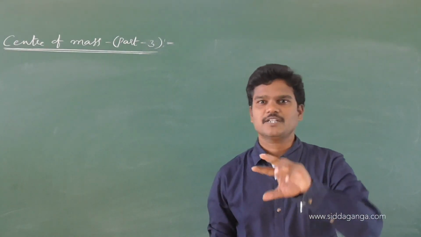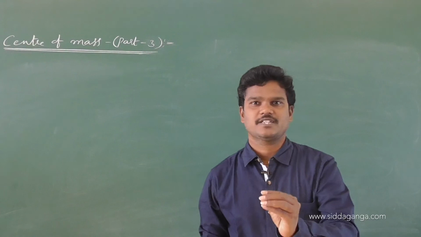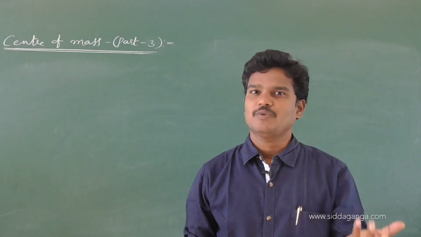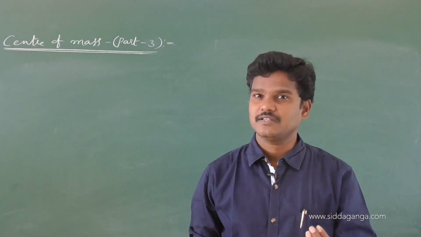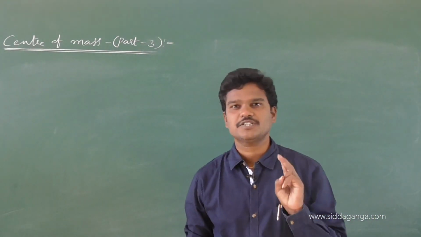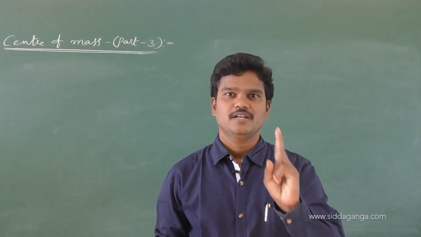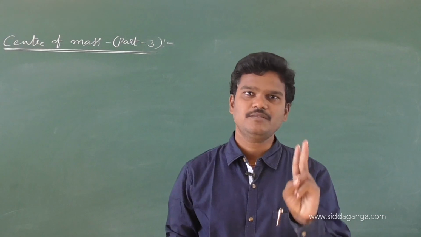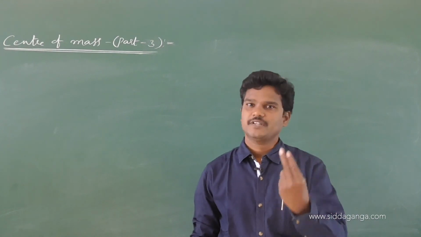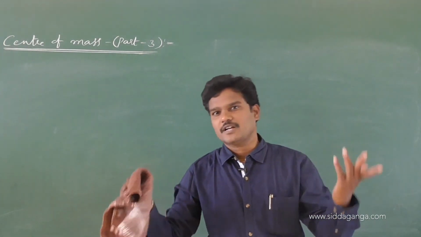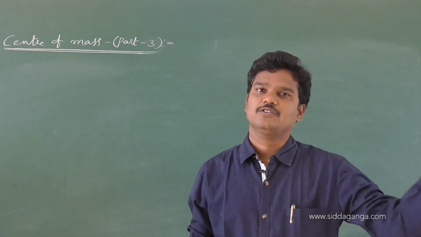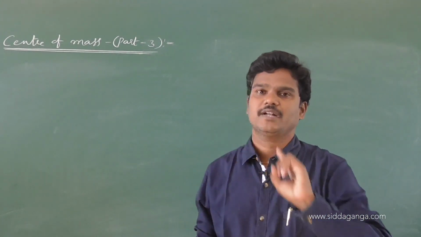At the position of center of mass, mass may be present or may not exist. In the case of a ring, there is no mass at the centroid, but in the case of a disc, there is a mass. The second one: internal forces do not change the position of center of mass. I gave an example: if a bomb explodes because of some internal forces, different fragments will fly off in different directions, but the center of mass will keep at rest. If it follows a parabolic path, the center of mass follows a parabolic path.